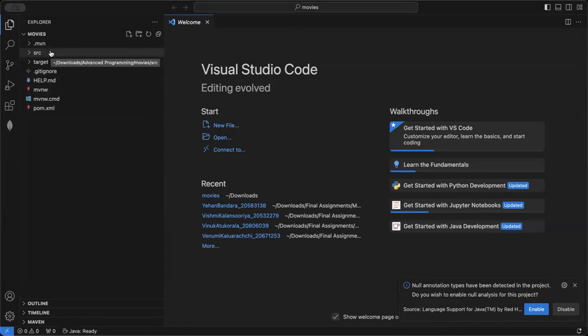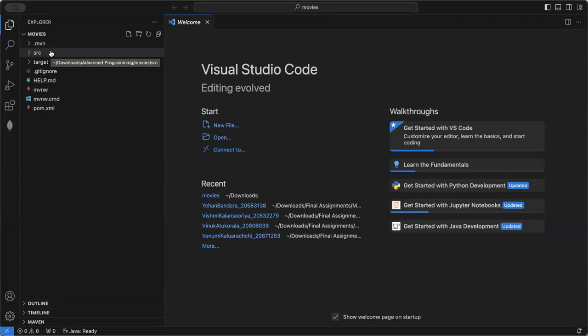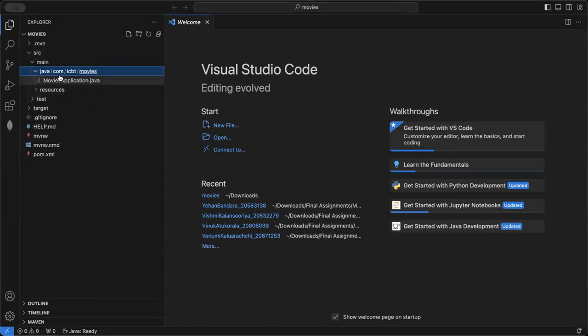Okay, so here you can see the folder structure. First of all, we have .mvn, that means Maven folder. You can ignore it here. That is our build automation tool. And the next folder is the SRC, that is for source. And here we have target and so on. Within the SRC folder, we have main and the test. Within the main, we have Java and the resources. In the Java and our package, we have the MoviesApplication.java, that is our